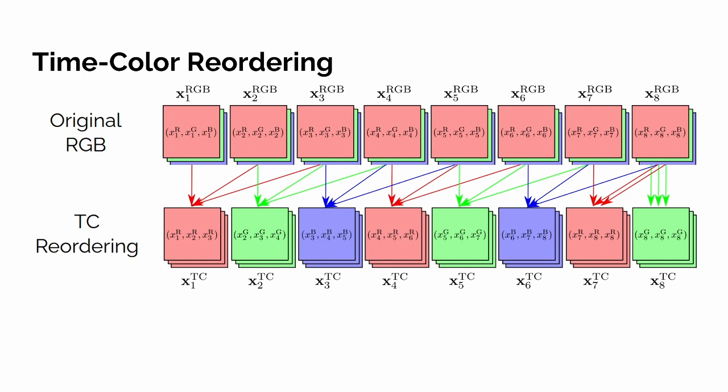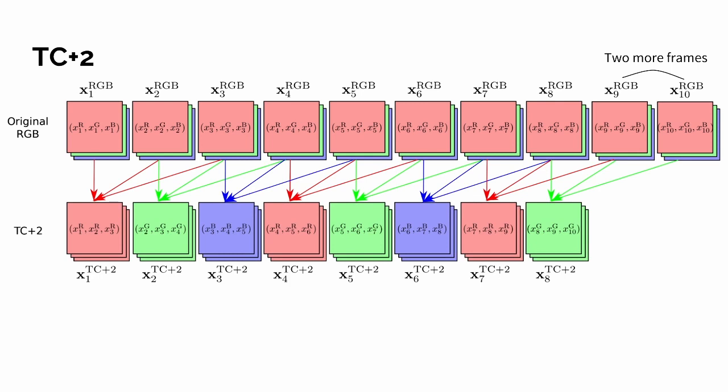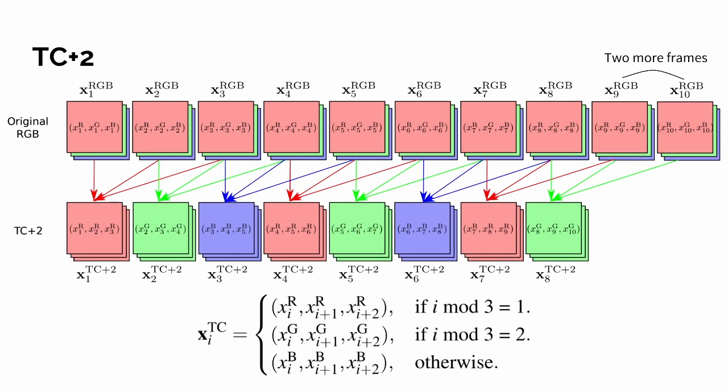future frames. To fix the duplication issue and generate a more consistent representation for all frames, we also propose a variation of TC reordering called TC plus 2. Here we sample 10 RGB frames, and notice that we are sampling 2 more frames than before. We form 8-frame TC plus 2 reordered images, and this video representation has each image with 3 frames of information